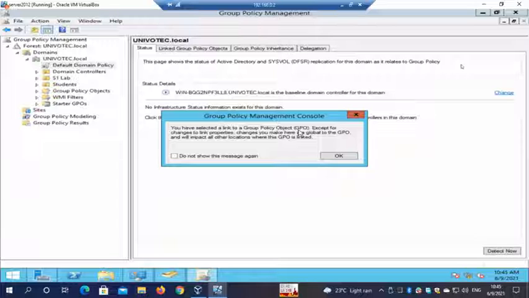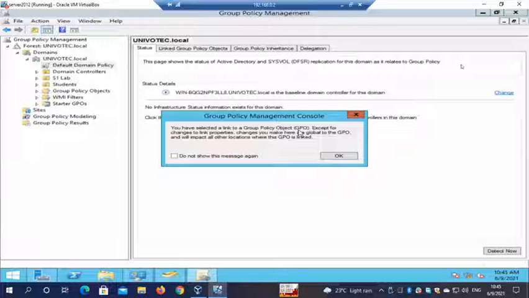So we have to apply the permissions at the OU level, not the default level or root level, right? Because if we put policies at the root level or default domain, then it will apply to staff, students, and everyone. So we don't want that.